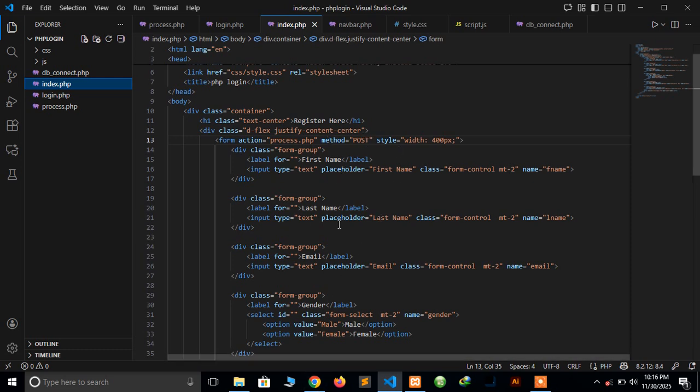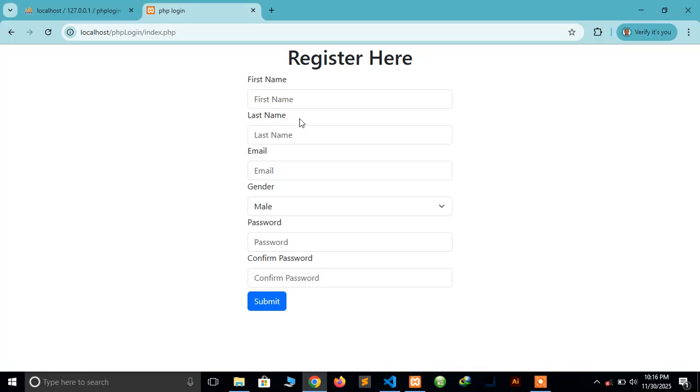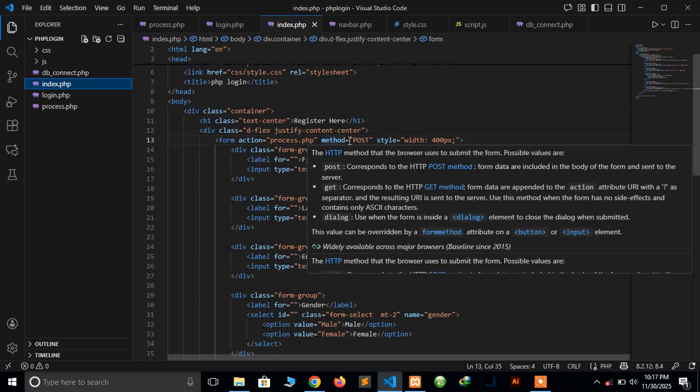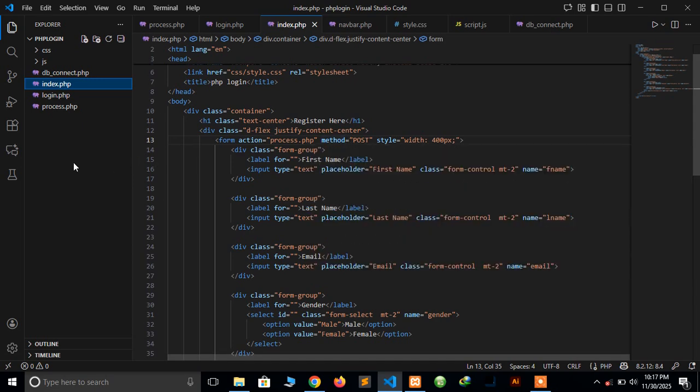If you don't put post here and we put get, when somebody enters data here and clicks on submit, all the data that the person typed will be shown here, which is not nice. So because of that, we must keep all the data private. That's why we are using post request here. Now I hope it's clear. Now let's go into the